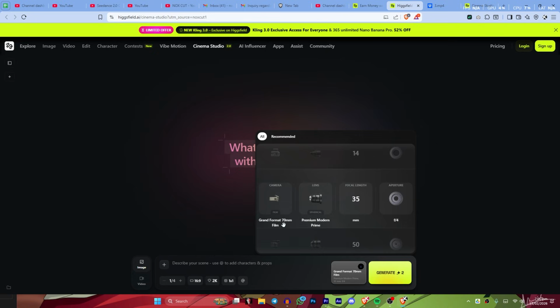And for the lenses, there are also many lenses: Premium, Modern, Prime, Classic one, 70s camera, and Extra Micro. If you want micro shots, you can use this as well. So what I'm going with is the Creative Tilt lens, this one is a good one. And here you can select the focal length you want. So I'm going with the 50, and you can also select the aperture you like. So I'm going with this one as well. So now our camera setup is ready.